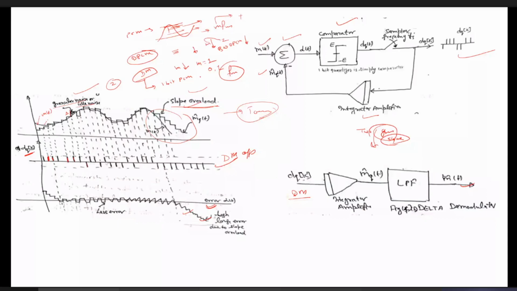At the same time, the circuitry of delta modulation is very simple. Just by using a comparator, an integrator and a summer, we can perform the delta modulation. Compared to PCM, the circuitry for generation and detection of delta modulation is simple. But delta modulation suffers from two drawbacks: one is called slope overload, and the other is called granular noise. What is slope overload? What is granular noise? I was discussing this last time, and I will discuss them in more detail today itself.